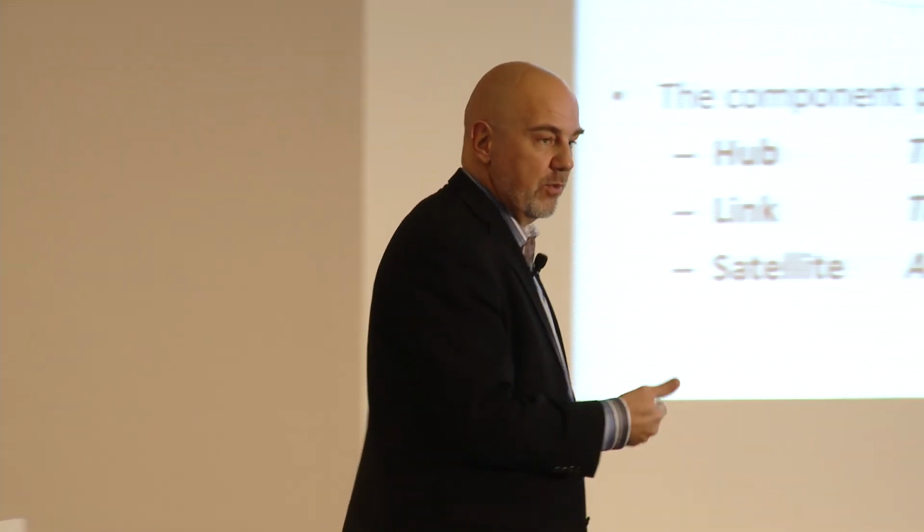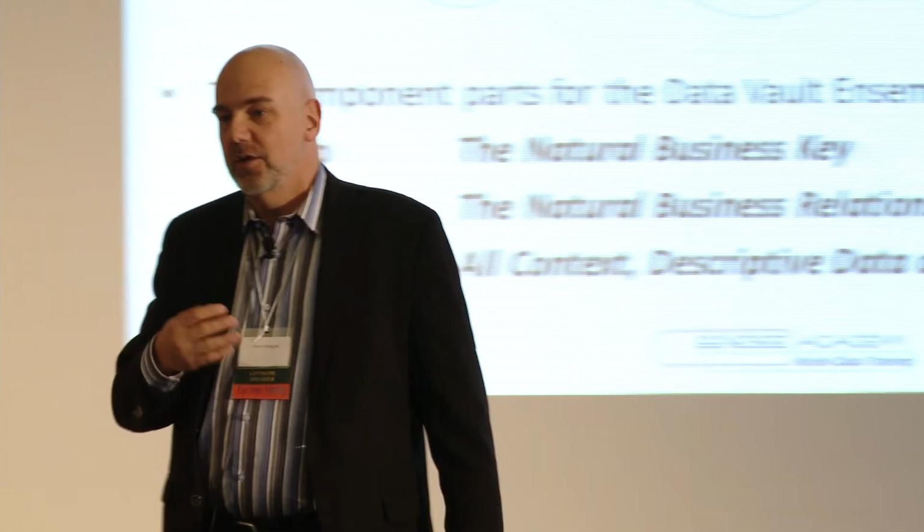By the way, what do you think the number one sin is? If you're going to do something bad in your model, what's probably the number one sin you can commit against a vault model or any ensemble model? Oh, yeah, okay, so modifying a hub or link in any way with context or dating really kind of messes it up. Hubs and links form a backbone, and actually anchors and ties form a backbone, that should be just permanent structures. Okay, yeah.